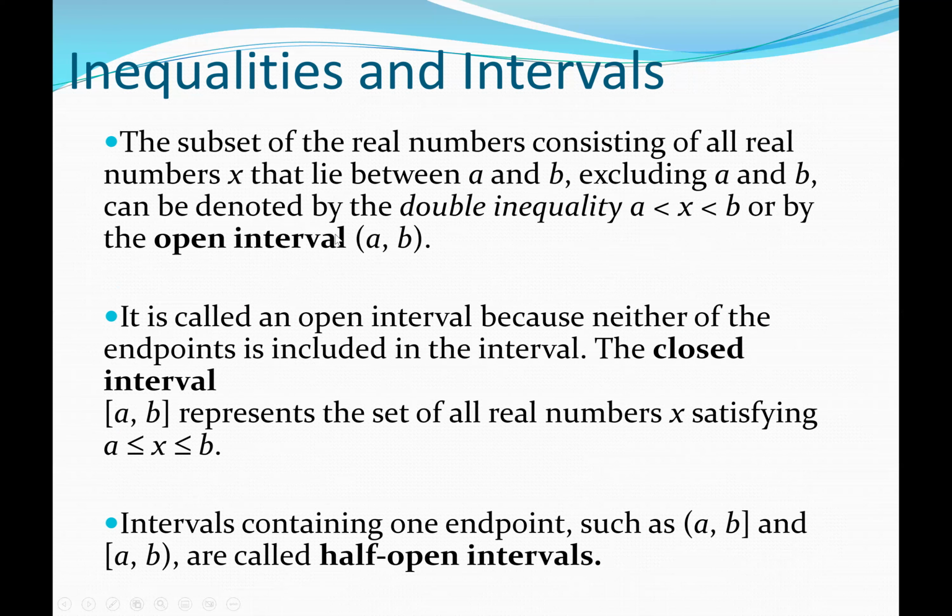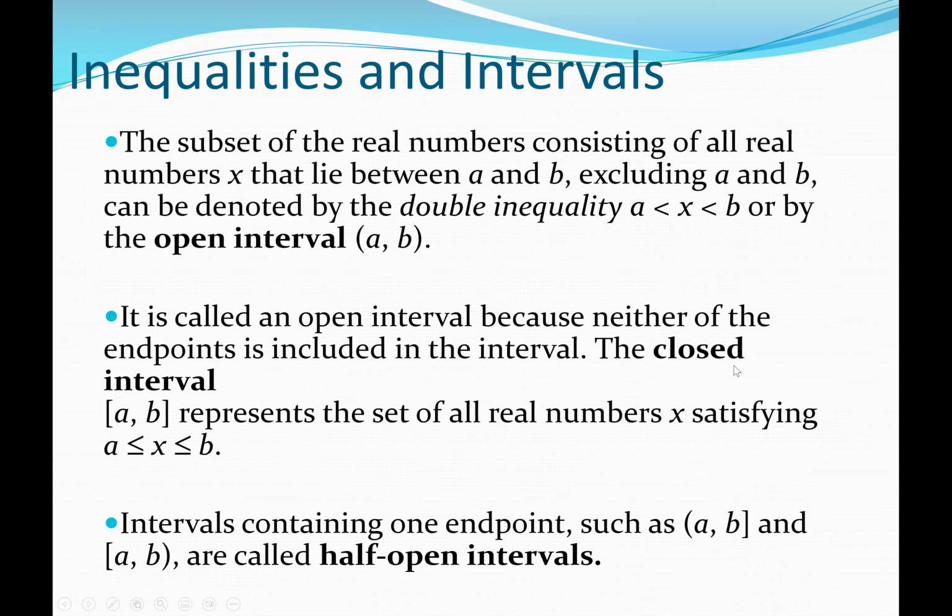We can say x is greater than a and less than b, excluding a and b. We're also going to have a closed interval, meaning x is less than or equal to b and greater than